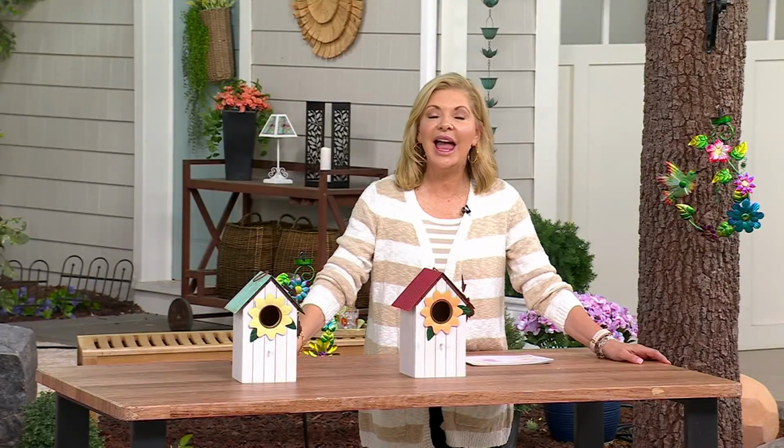Stay with us because she has this birdhouse and then she has the wind chimes that we're going to talk